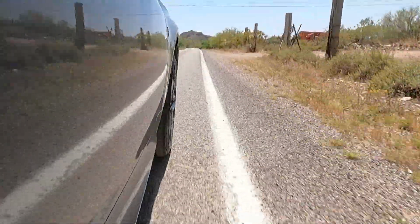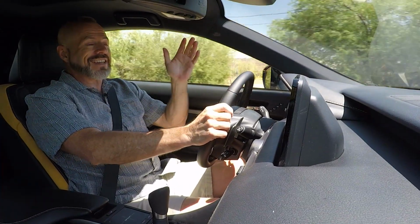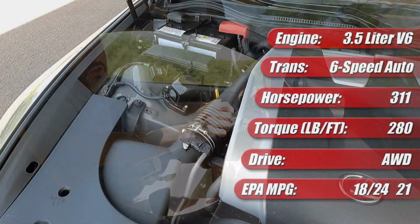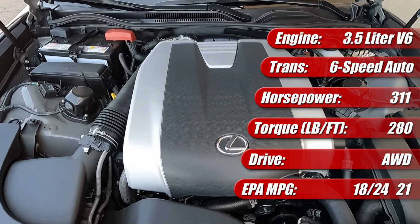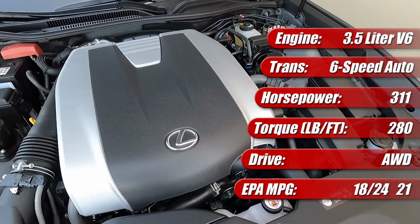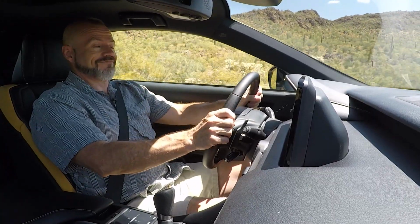Now let's talk about what's under the hood. This is actually something getting to be pretty rare in the market these days. This is a naturally aspirated V6, 3.5 liters. That means no turbos. It's got 311 horsepower, 280 pound-feet of torque. All-wheel drive is optioned here, which means it has a 6-speed automatic instead of an 8-speed like the rear-wheel drive model. So if you watch my videos, you know the question I always like to ask is, how does it